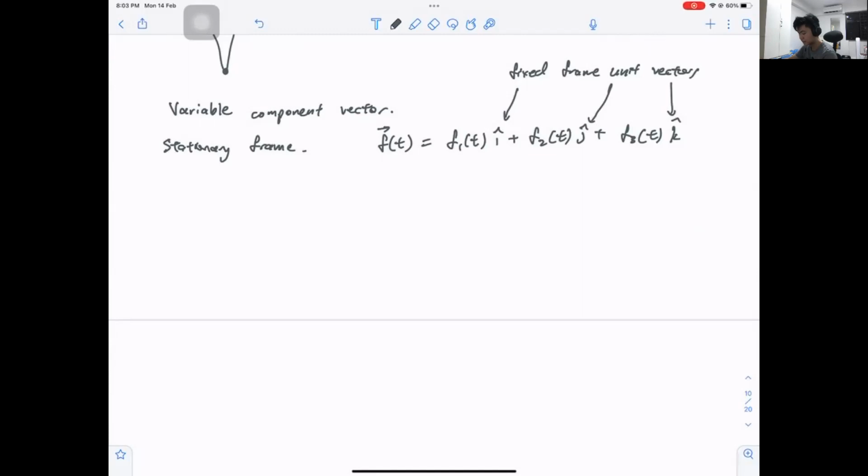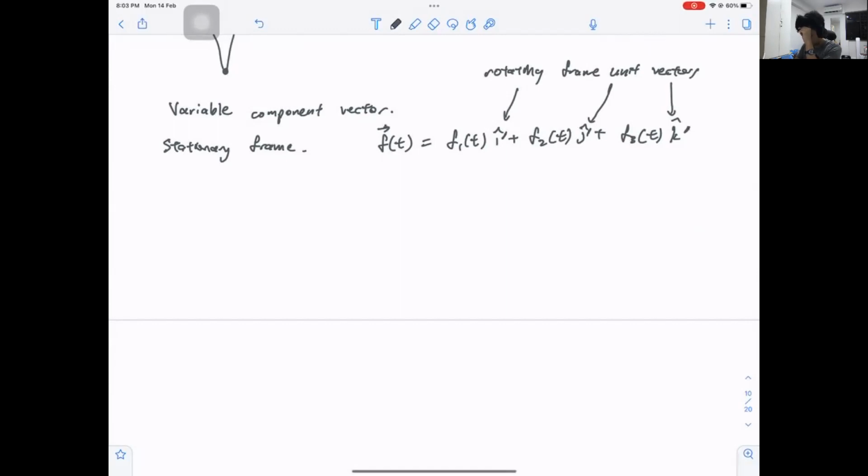Okay, but we don't want to describe it in terms of fixed frame unit vectors. So let's go ahead and change it to the rotating frame unit vectors. So this will be i prime, j prime, and k prime now, right? The ultimate goal is, we'll see why this is useful later. So we describe it in terms of the rotating frame unit vectors,